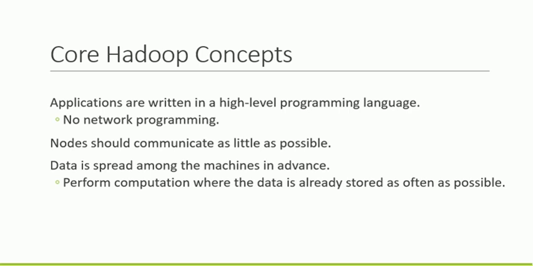Another concept of Hadoop is that there are nodes, and related to every node there is a communication channel or a link. So a node should communicate as little as possible. If you have knowledge about the linked list, it will work similar to that, but in this case there are huge backend storage spaces which have a large number of nodes. So the difference is a greater number of nodes than a single node. So basically, the core Hadoop concept is that nodes should communicate as little as possible, and if there is less communication, it means there will be fast communication.